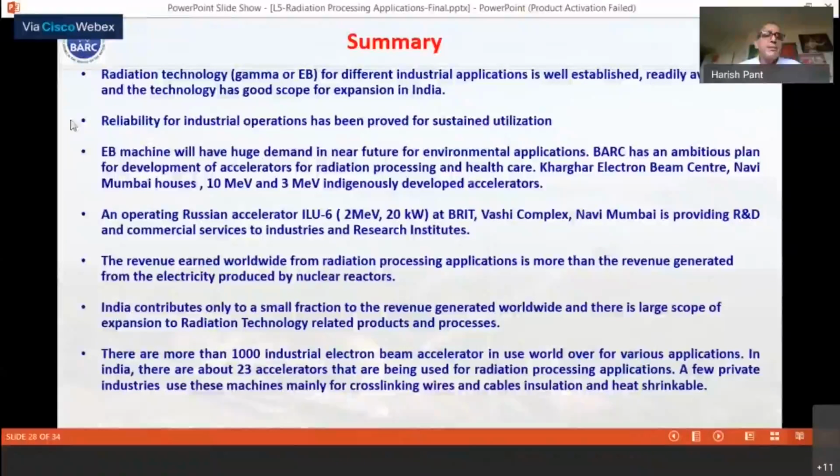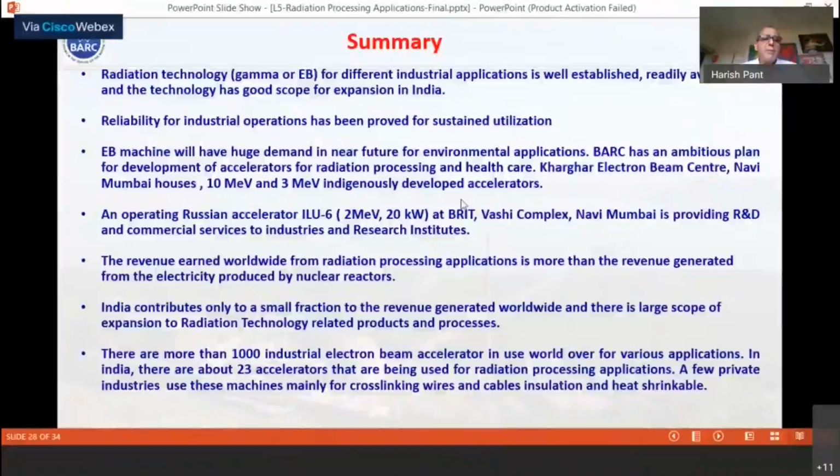And if you see that electron beam in Kharghar, we have an electron beam center where we are producing an electron beam of energy 10 MeV and 3 MeV. We have indigenously developed this accelerator, and now this technology is ready for transfer to any private industry who will be producing these accelerators of different energies, and then they will be available for the different applications in